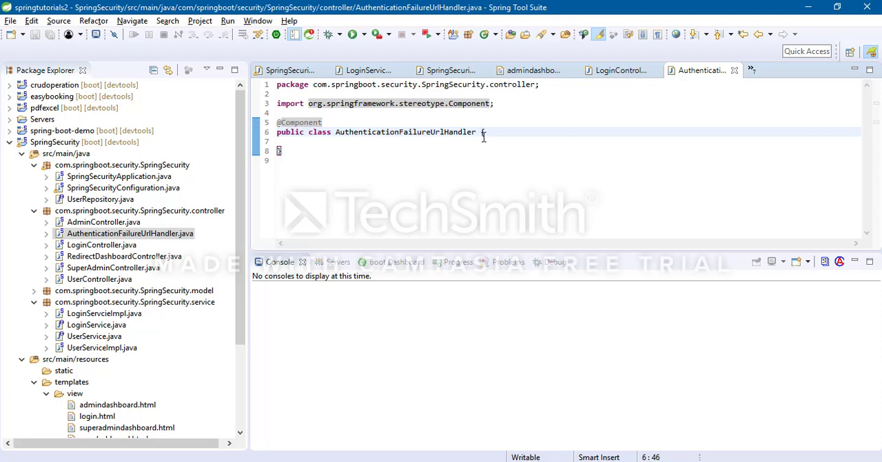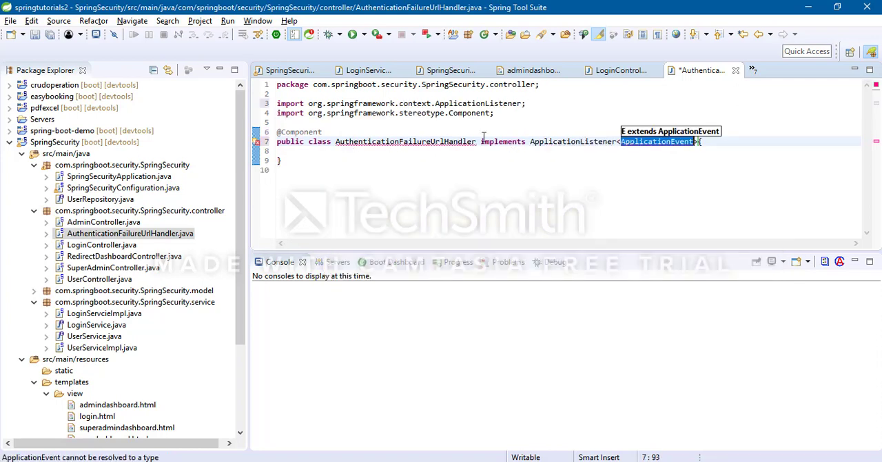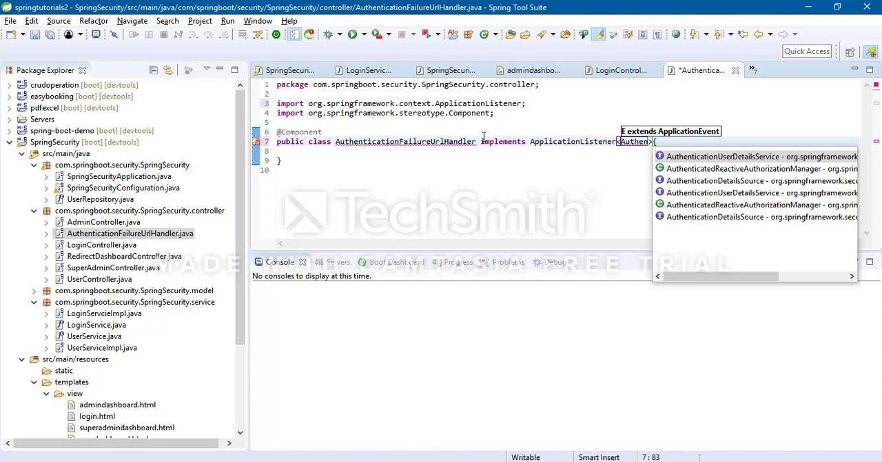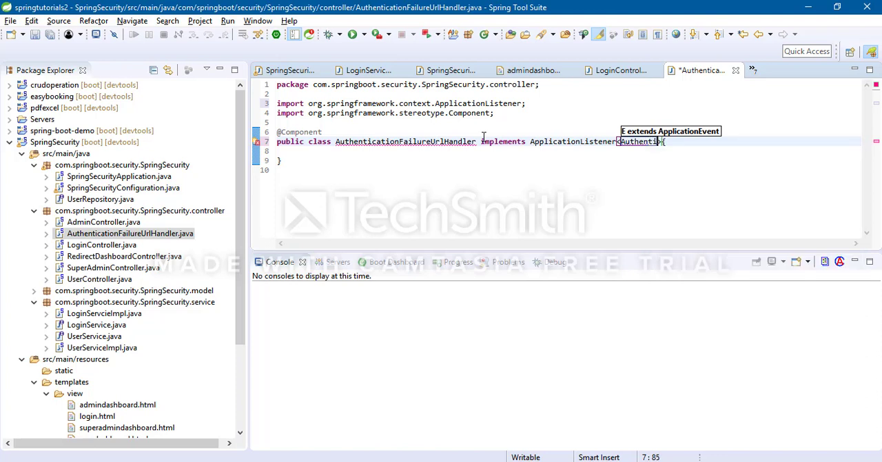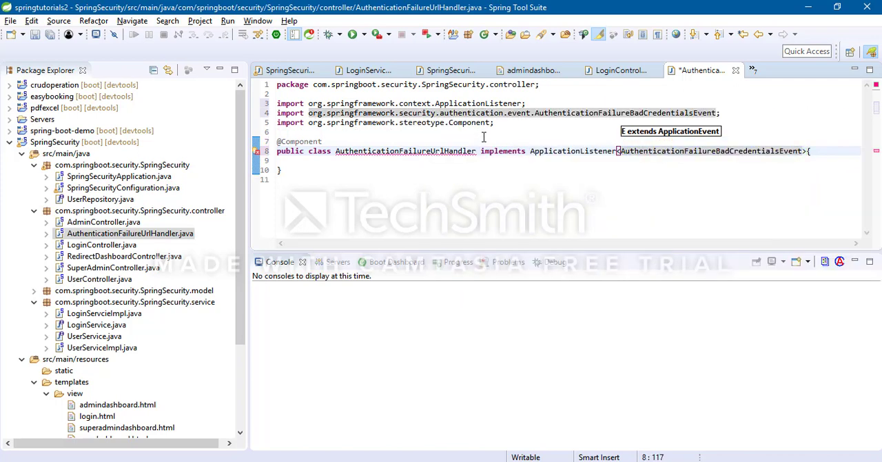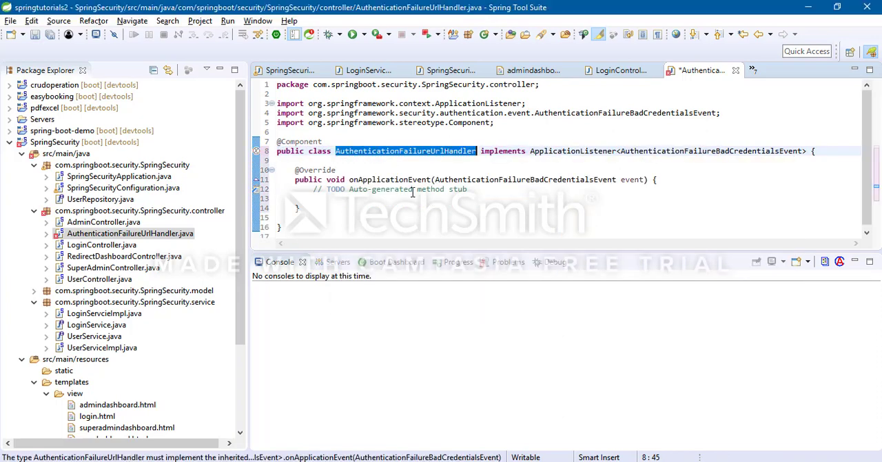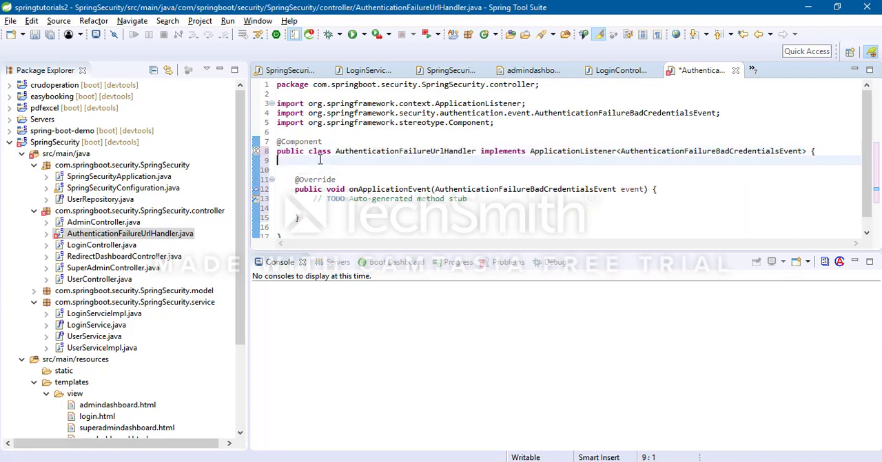Here one Spring Security interface is there. Implements ApplicationListener. Here I am passing the event AuthenticationFailureBadCredentialsEvent. In this, one method is there, that is onApplicationEvent. Here I am taking one ServletContext